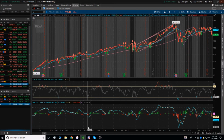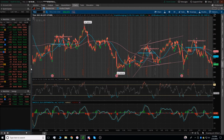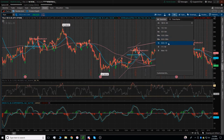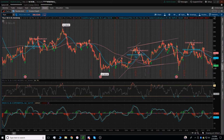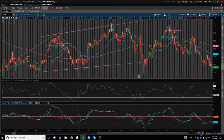So take advantage of this market drop when they're falling like this. Let's take Tesla for example. I called that out in my 3 oversold stocks to buy in March 2018, and right now, looking at the 180-day chart, it's reaching that low level right here. It's testing that 300 support. It didn't break below, so that's a great time to enter, and if it goes below that 310 area, then that's a great time to keep loading up,